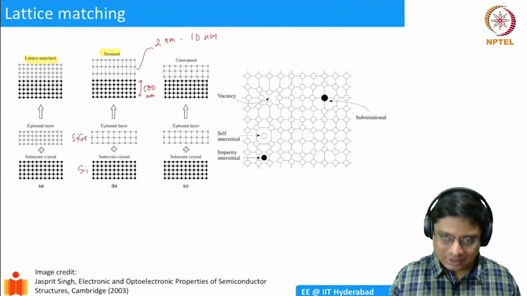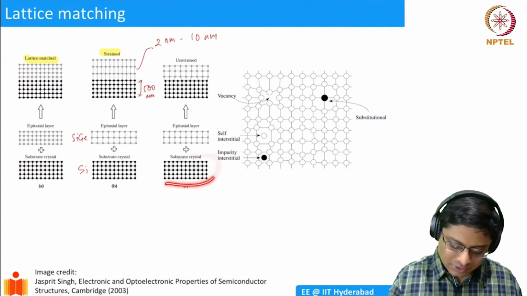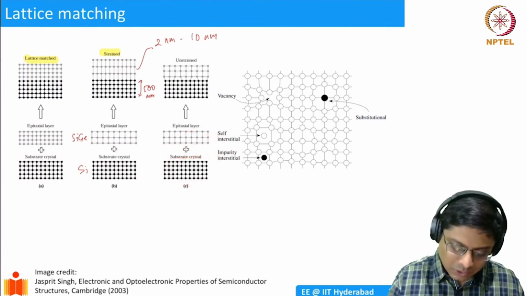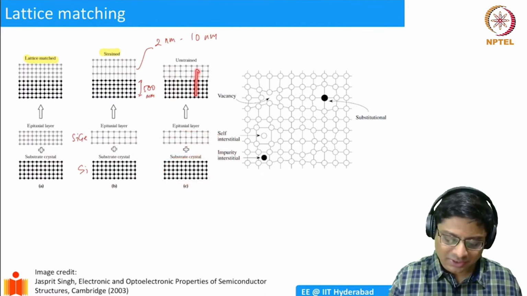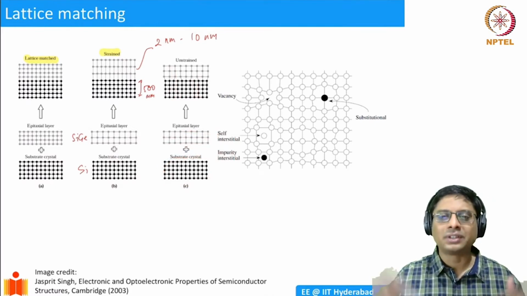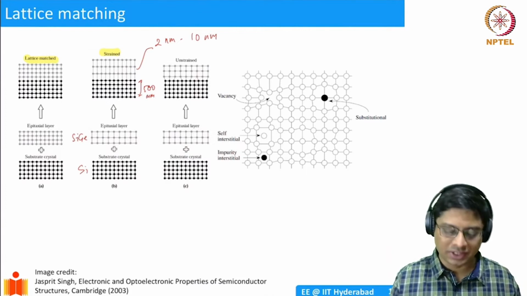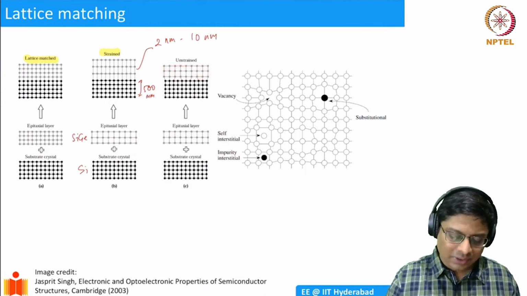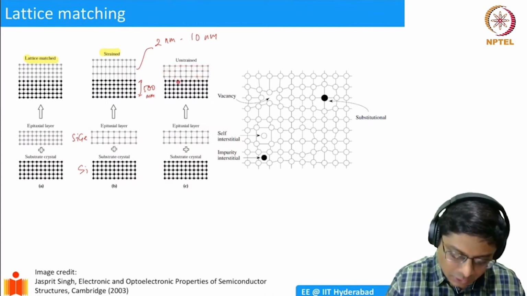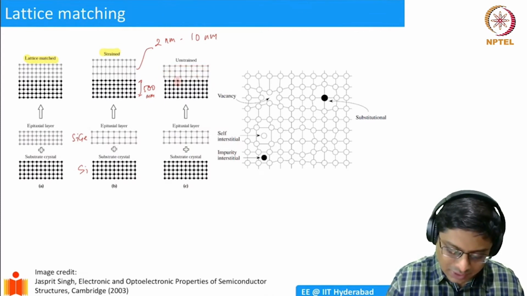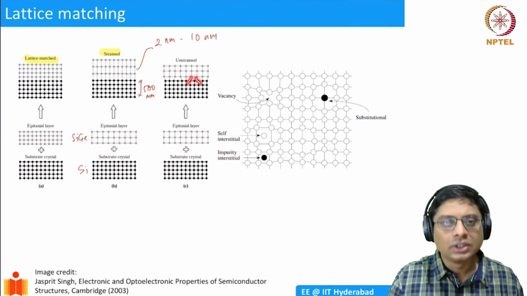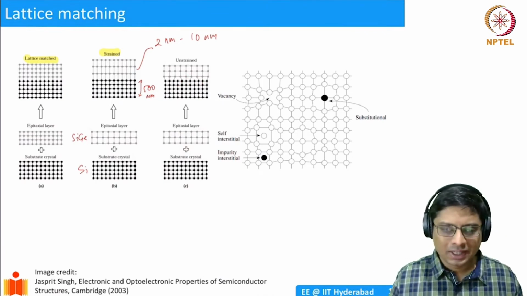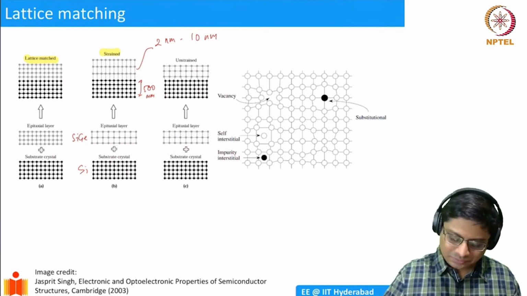Okay, what will happen? Well, what happens is you have the substrate, you have an epitaxial layer you're trying to grow, but instead of having one-to-one correspondence between the substrate and the epitaxial layer, it will try to grow in whatever default, its lowest energy state. So it will try to maintain the same lattice constants. If that happens, you will see that some of the atoms are not bonded. There's no one-to-one correspondence, and some of them are stretched here like this. So you can have a whole variety of defects that happen, and because of that,